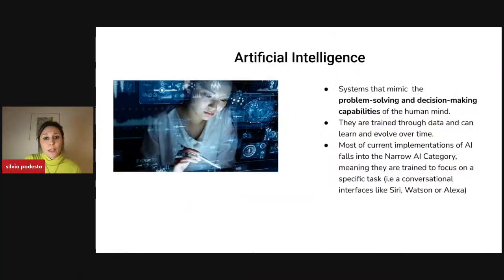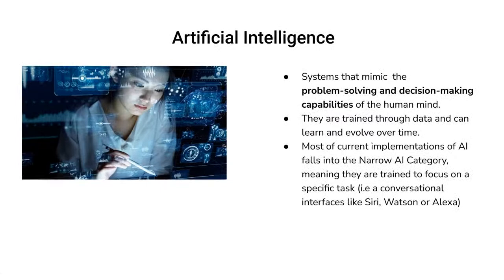Now, the chief capability of AI, what is it that makes this technology so interesting for businesses, is really the ability to mimic the capabilities of the human brain in terms of decision making and problem solving specifically, meaning that these systems can really learn from users' input and from context, from the environment around them, and they can actually modify their actions accordingly. They can evolve over time. They can learn over time,